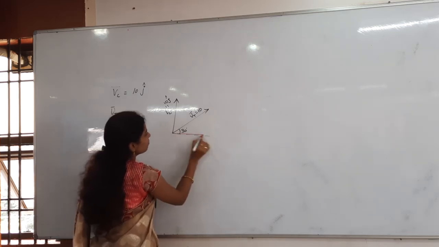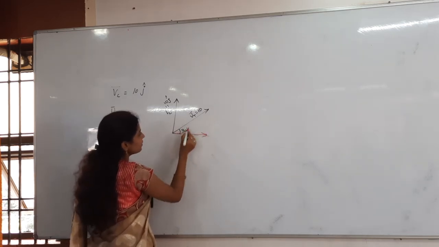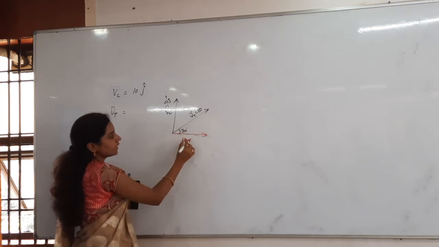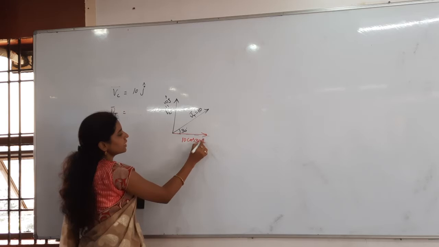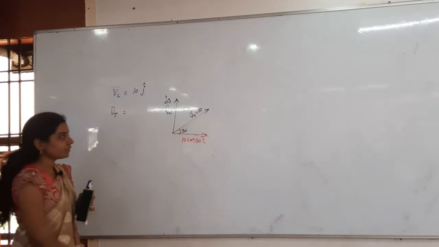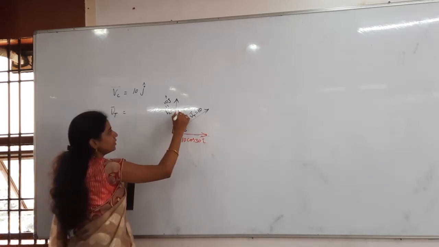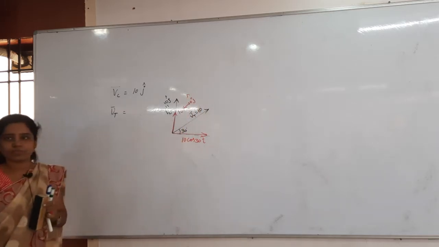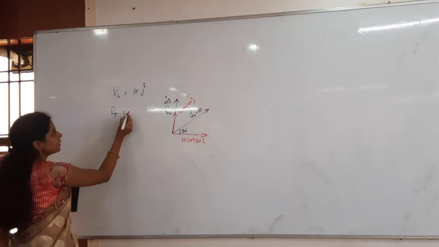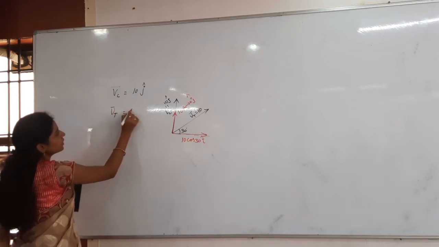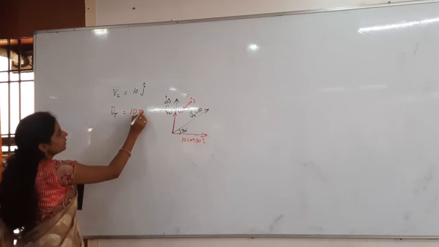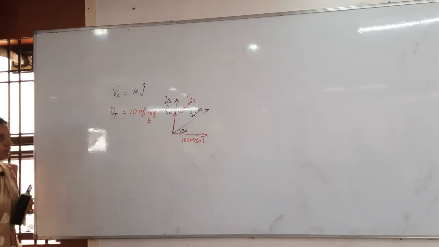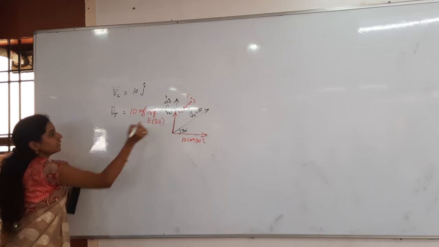So I will take the components of the truck. This one, if I take, this is 10, this is 30, nothing but what I can write this one as 10 cos 30 along which direction? I cap. Then this component will be what? 10 sin 30 in which direction? J cap. So clearly I can write the velocity of the truck is 10 meters per second in which direction? North of east, with what angle? 30 degrees angle.